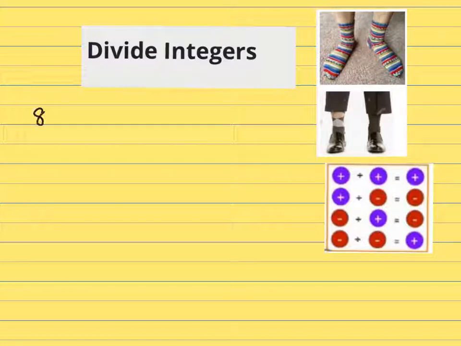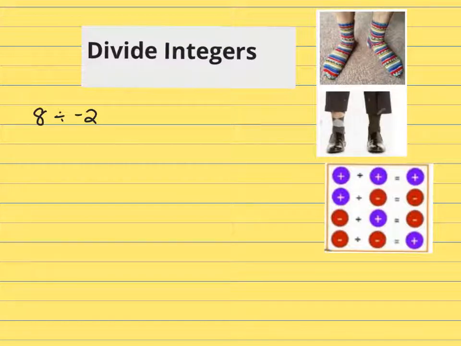If we take 8 and we divide that by -2, we have a positive integer divided by a negative integer. So the rules, as we go back over here: socks that match, that's a positive thing. Socks that don't match, that's kind of a negative thing. So over here we have a positive sock